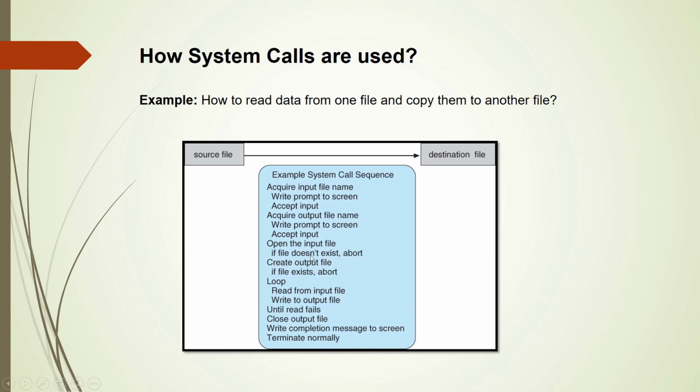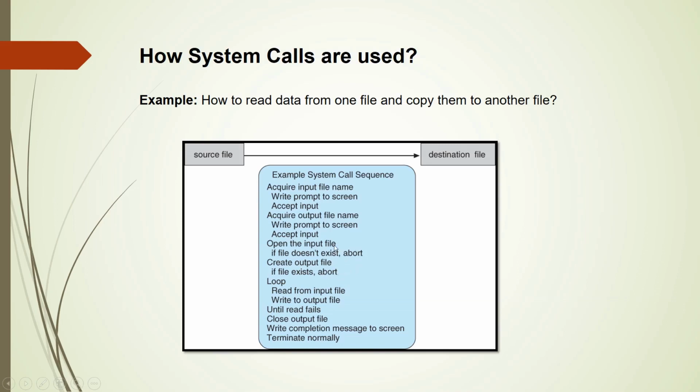Again, if a file with the same name is already existing, then the system will call the system call and it will abort abnormally, or it can delete the file and create a new file with the same name. So these are the possibilities you can see for this particular section.